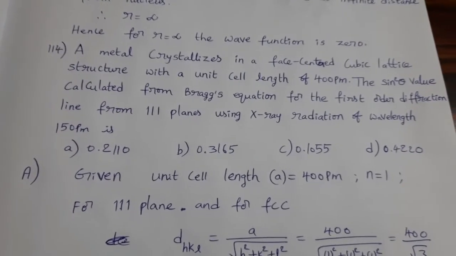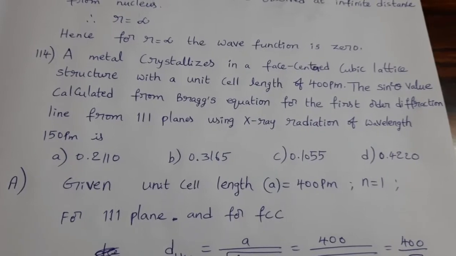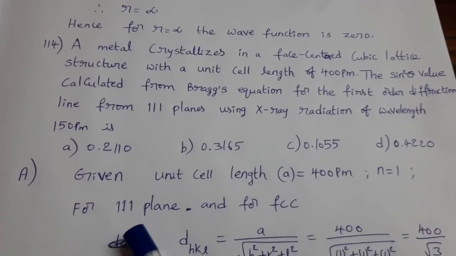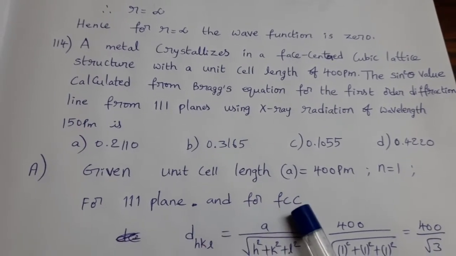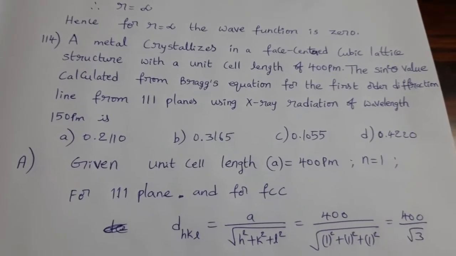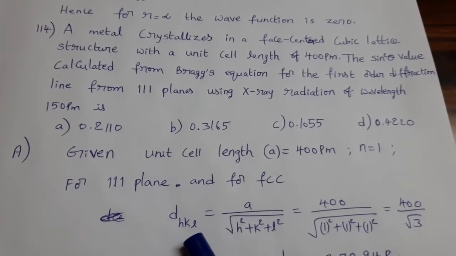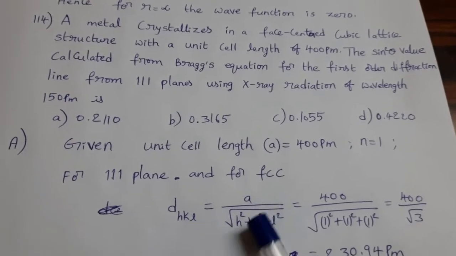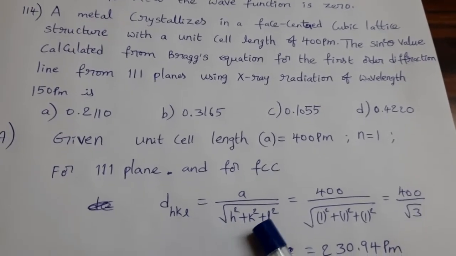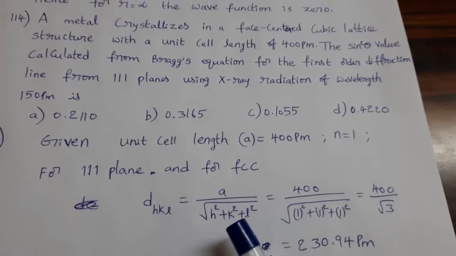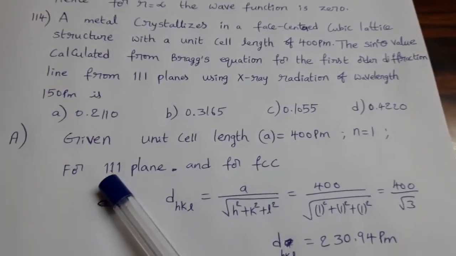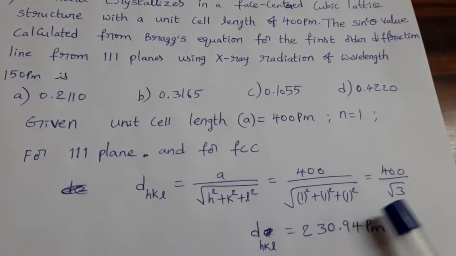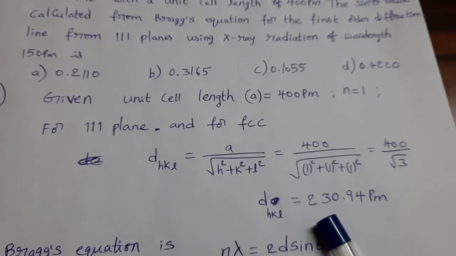Given unit cell length a equal to 400 picometers. First order diffraction means n equal to 1, for 111 plane and for FCC, face centered cubic lattice structure. Distance between the planes d_hkl equal to a by square root of h square plus k square plus l square. Here the plane is 111, that's why h value 1, k value 1, l value 1. Substitute here, then we can get the distance between the planes is